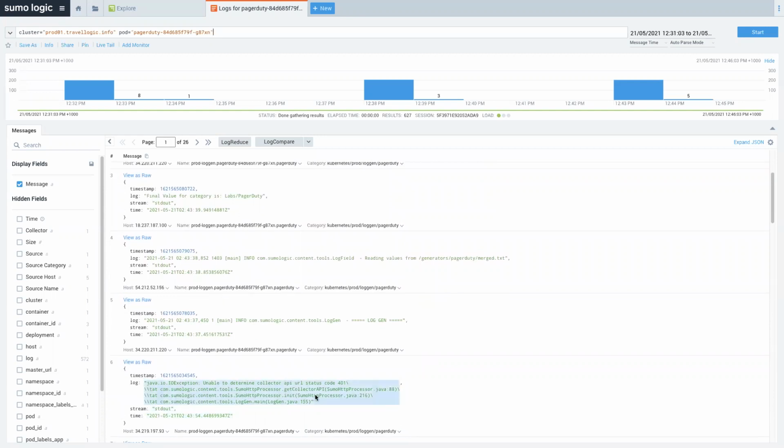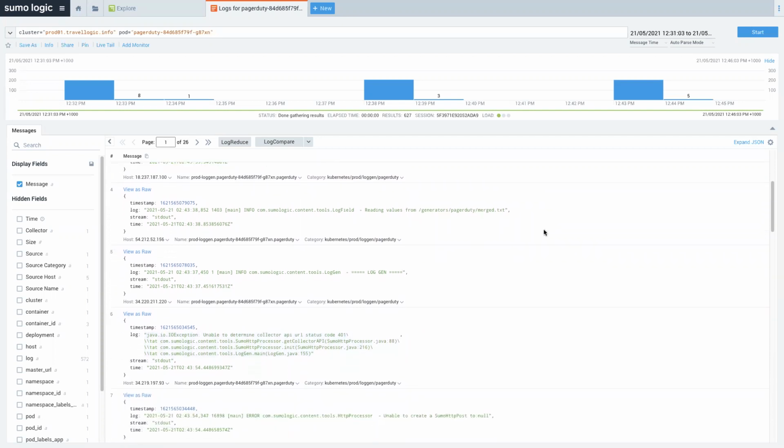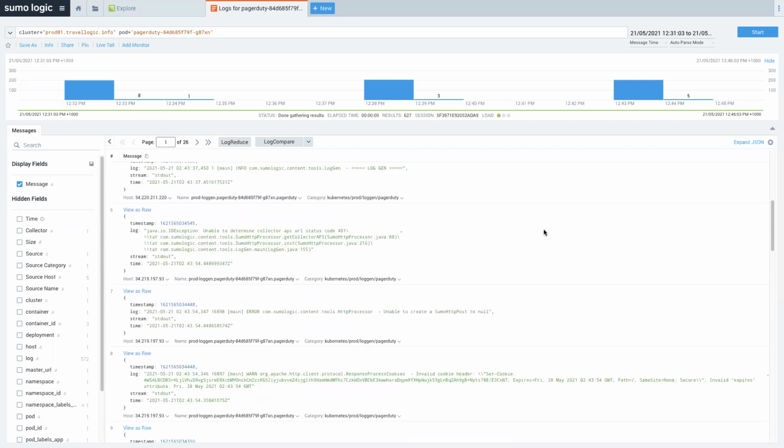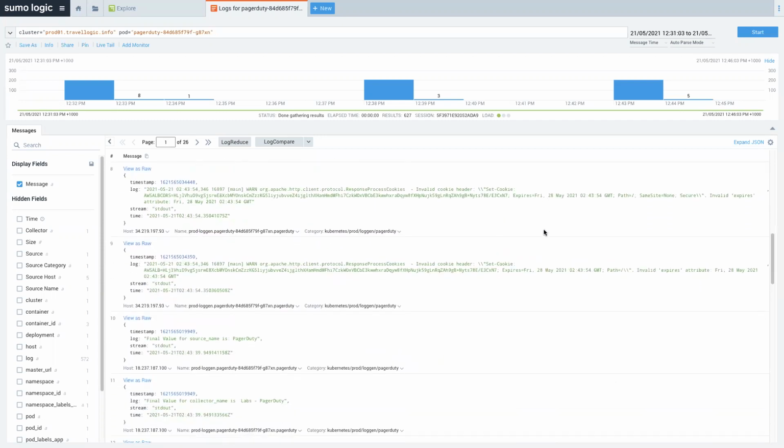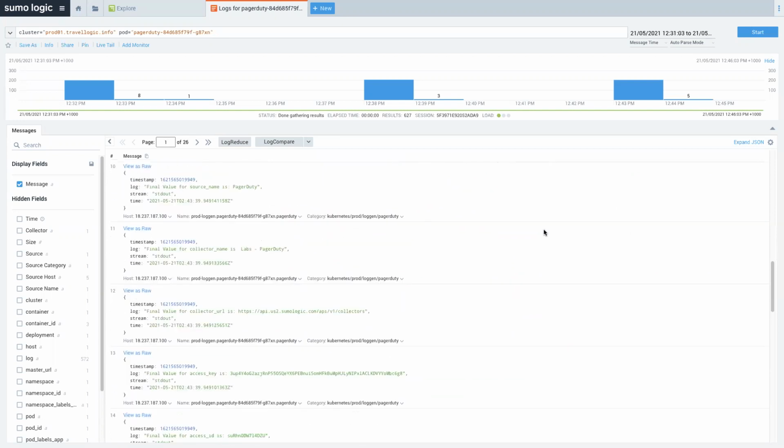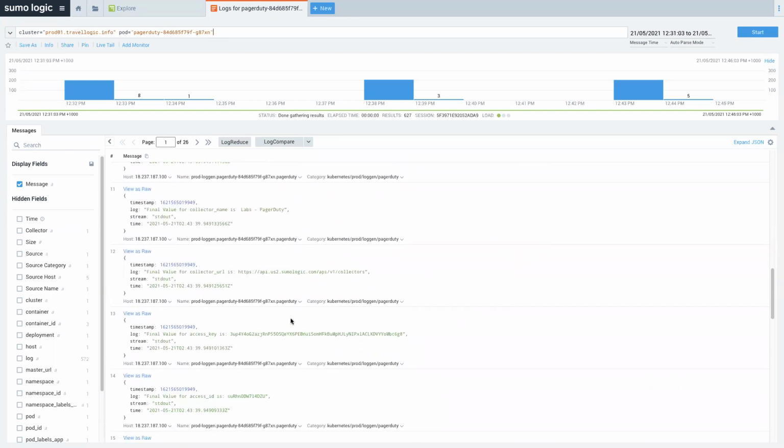Okay, so I can see a Java exception here with a 401, so that looks like an authentication issue. I can see an access key and an access ID here.